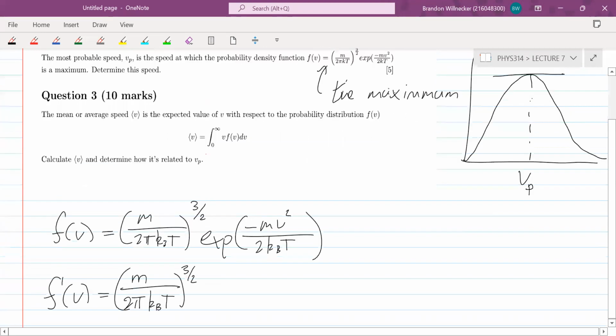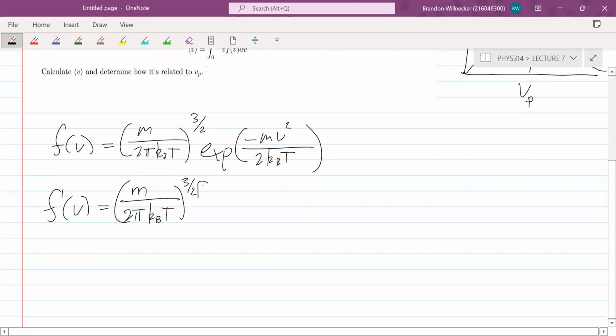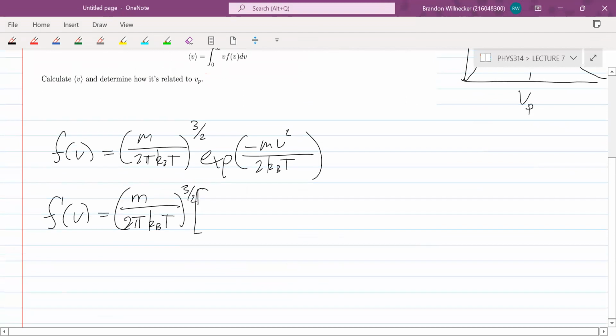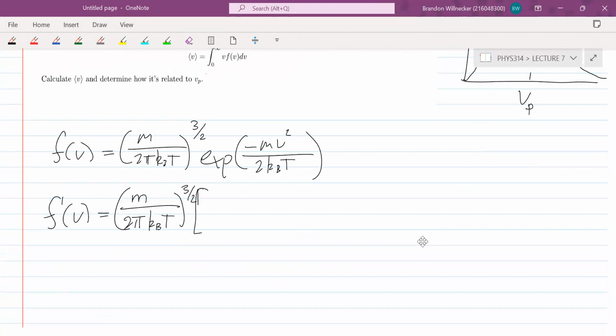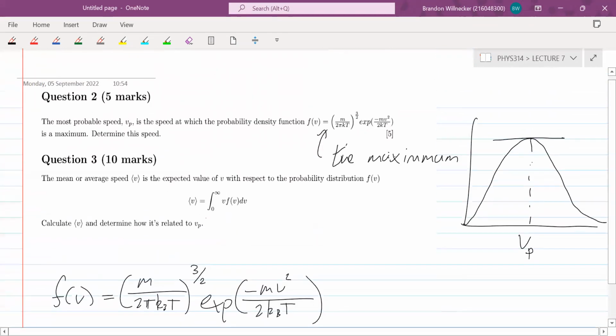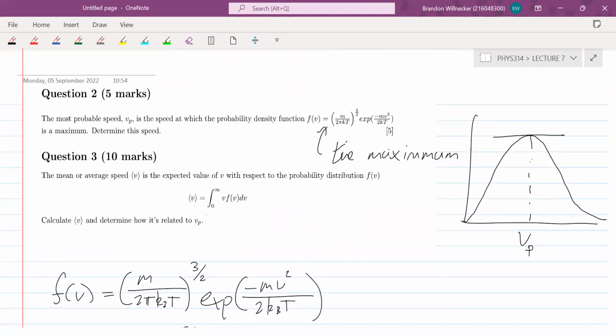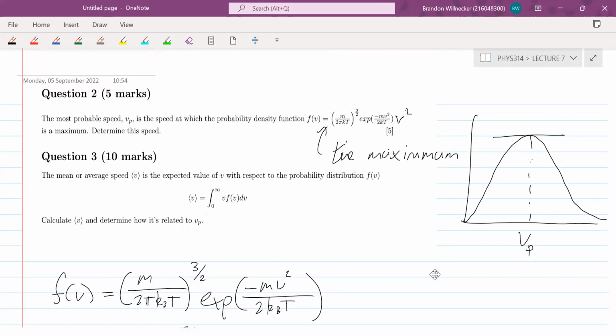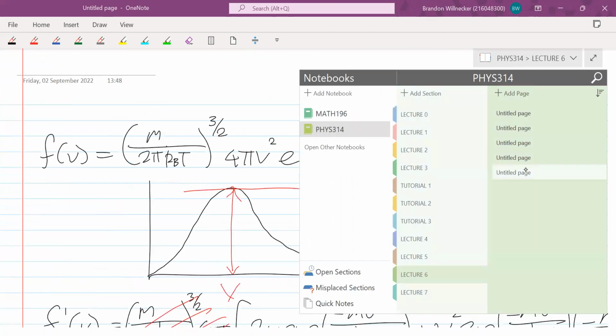And now we need to differentiate. Okay, so differentiating the exponential, we're going to get, sorry, there's a v squared missing here, v squared. Sorry about that. If you looked in the notes, there was the v squared. Let me go back here. So will we get